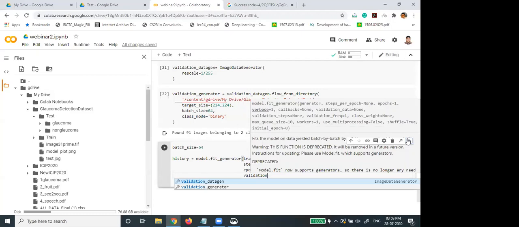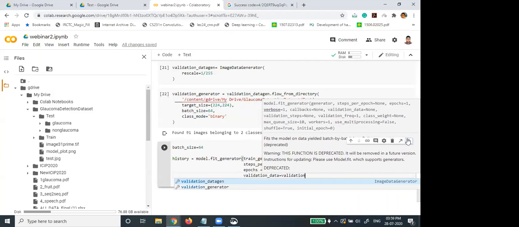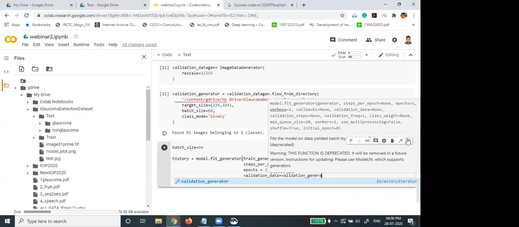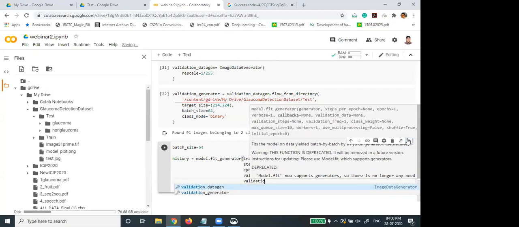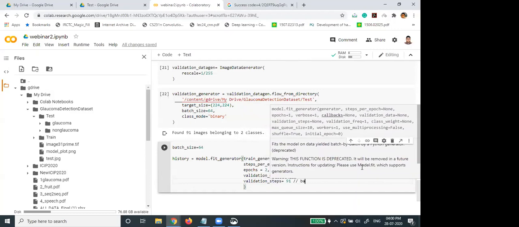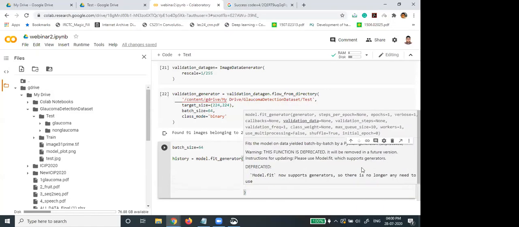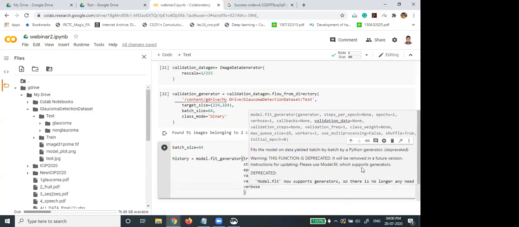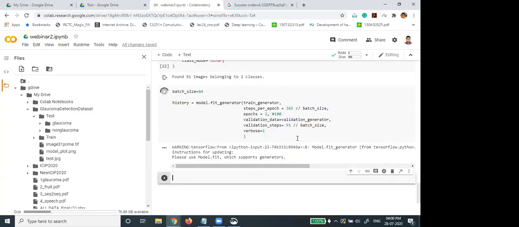Validation data equal to validation generator. Validation steps equal to, we had 91 validation images, so 91 divided by that batch size, and the purpose is just styling how we will output the training things. So let's see.